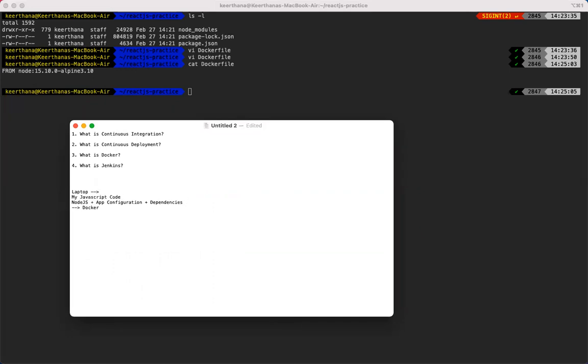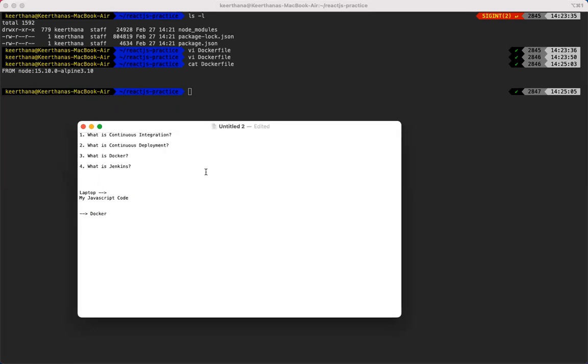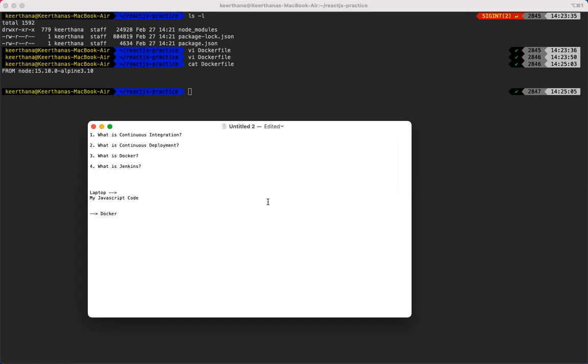So I have my code. So how do I create an image? By building it. Okay, so what do you mean by build? You need to compile. Like you said, in writing a C program, we will do a makefile and take a build of that binary file. That is what the build is, right? Correct. So that is a build in terms of